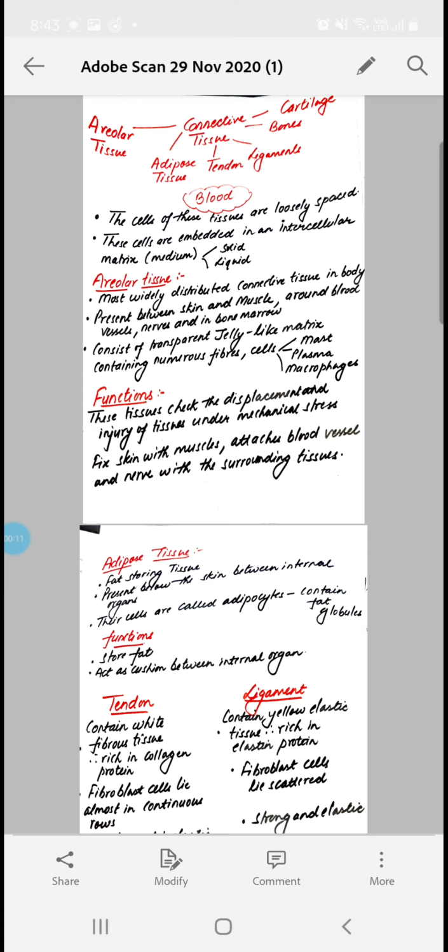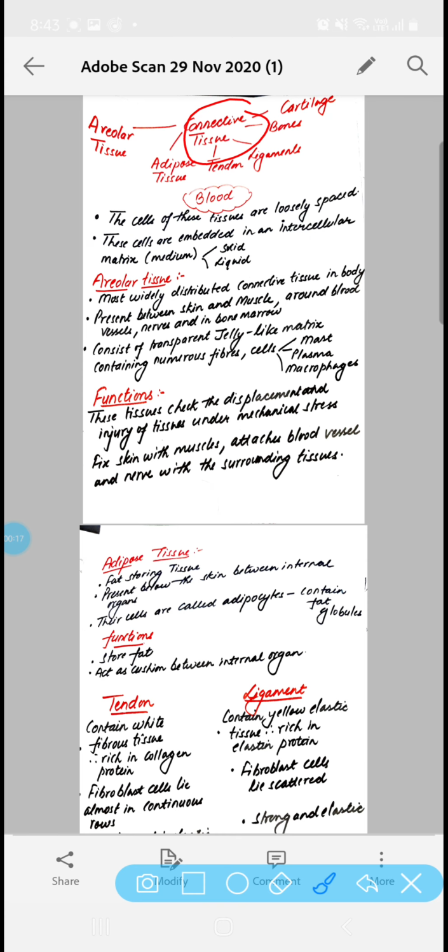Now we will start with the next kind of tissue, as we have completed the epithelial tissue and its types and function. So, our next kind of animal tissue is connective tissue. As the name suggests, this connective tissue helps in building the connection between the different organs. It also helps in supporting and packaging.